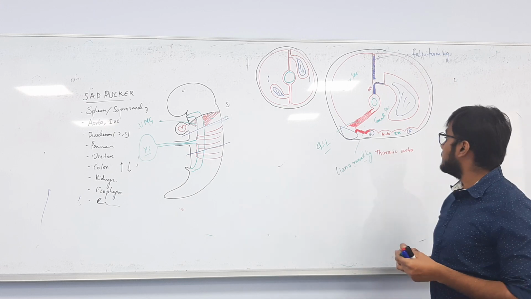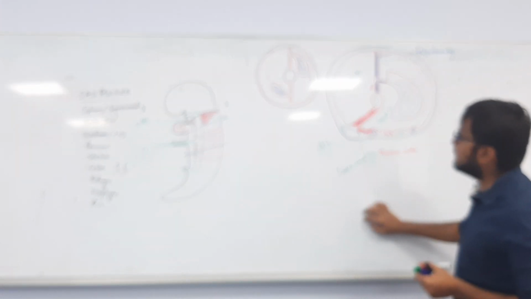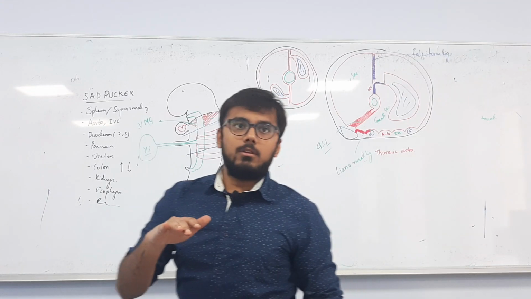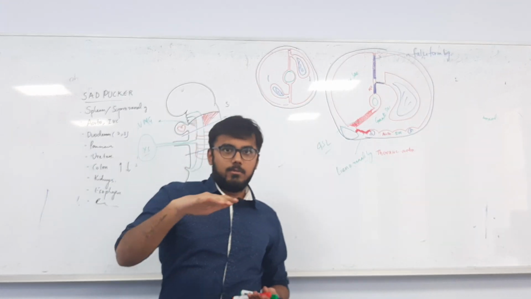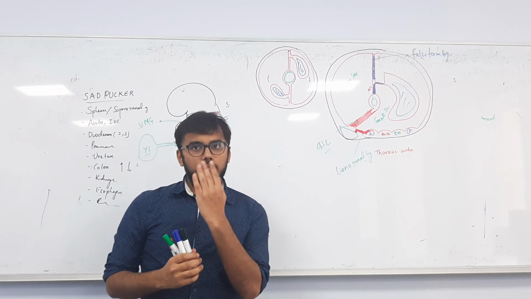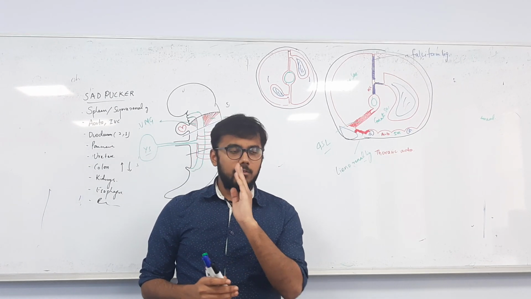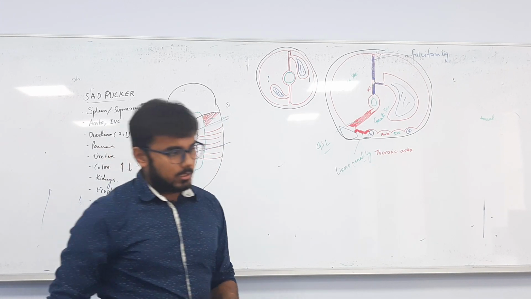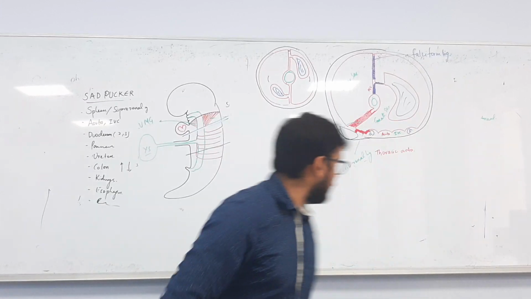Right, the next thing which you need to know is, okay, so far we have discussed it in the horizontal way. We have transected the fetus, the embryo, horizontally, and we have studied. Now, if we look vertically, how does the picture look? The picture doesn't look like this. If you look vertically,